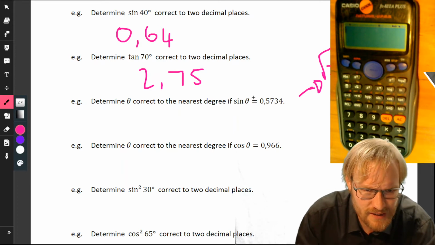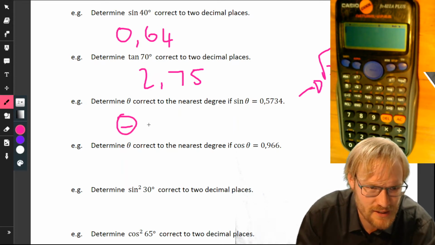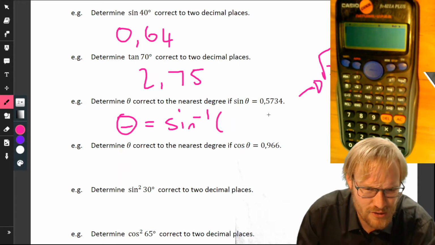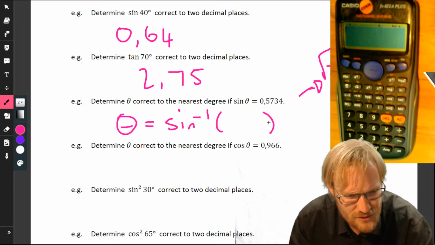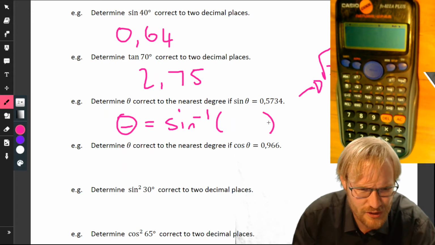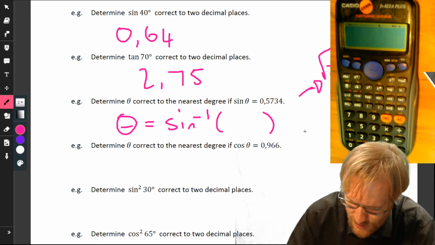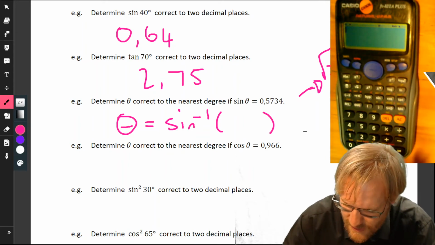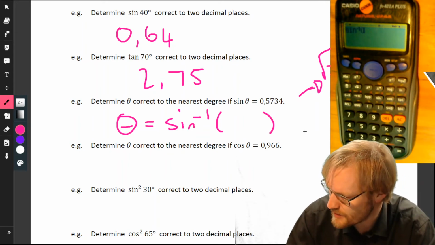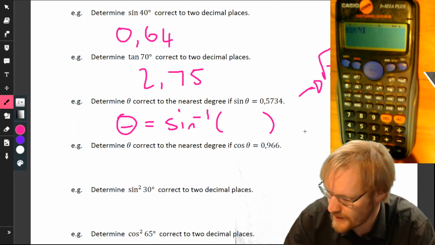Well, if sine theta equals that, then theta equals the opposite, which is sine to the -1, which, to be honest, it's not the right terminology, but I'm going to call it shift sine. And the reason is, on your calculator, that's what you do. So you press shift and then sine, and it gives you that sine to the -1, and we're doing it